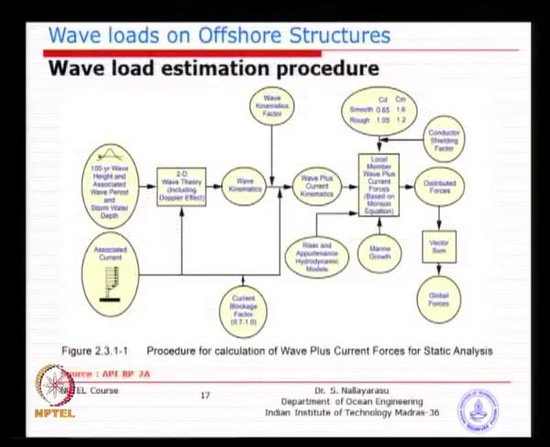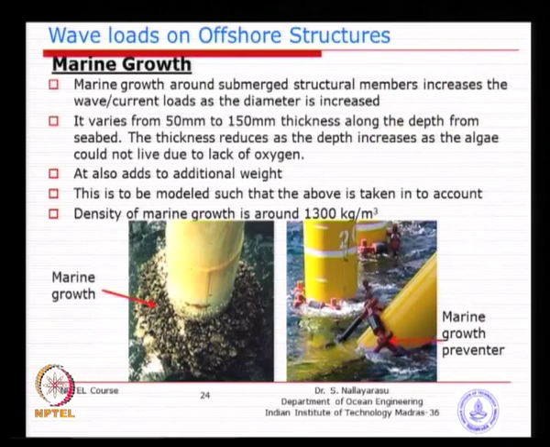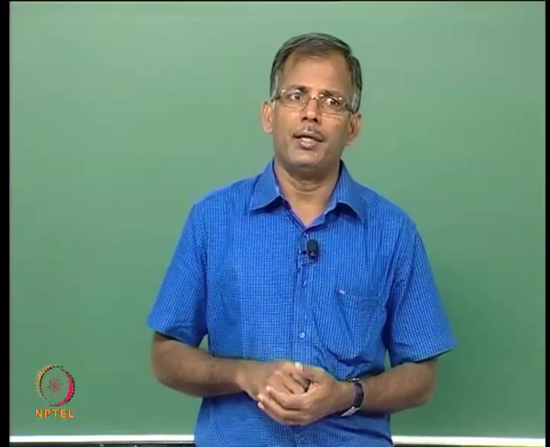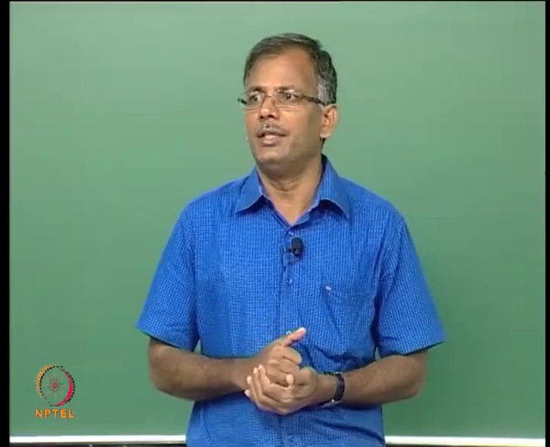So, you could see here a picture I will show you. You see this picture on the left side is about a meter diameter structural element, which is a column of a jacket structure. You could see how much algae grow on top of this, could be a 30 to 40% diameter increase. You could see that potentially the wave loads on this are definitely going to be higher because of the presence of such additional dimension.